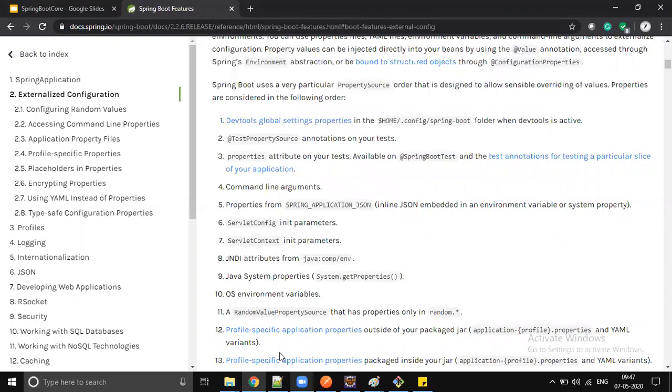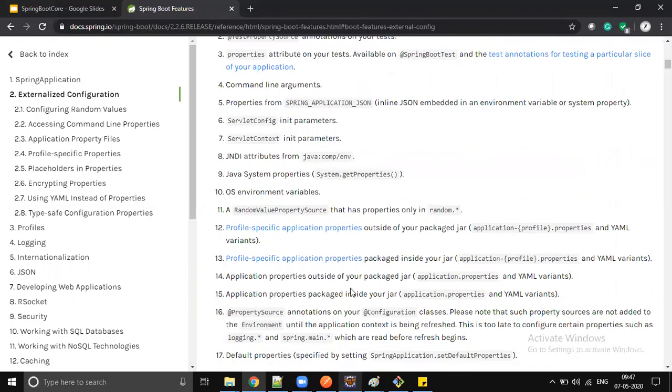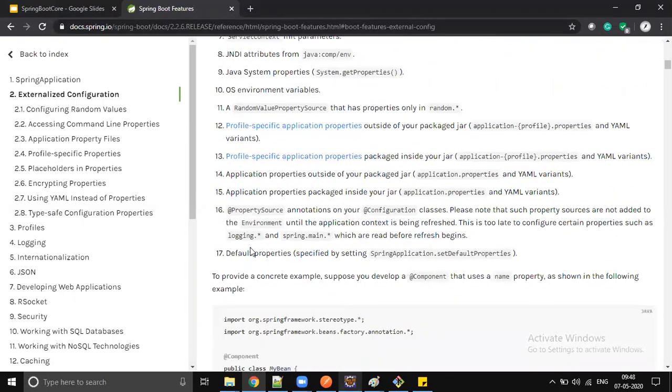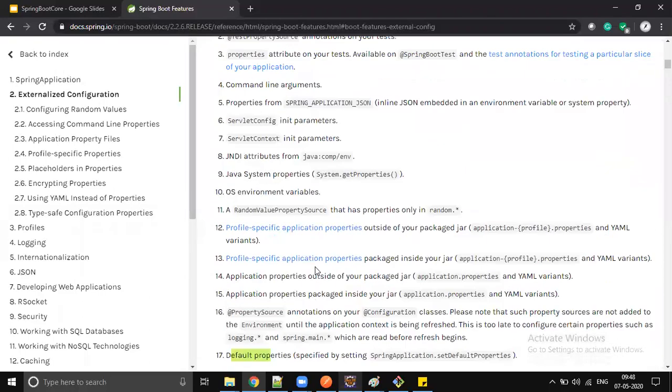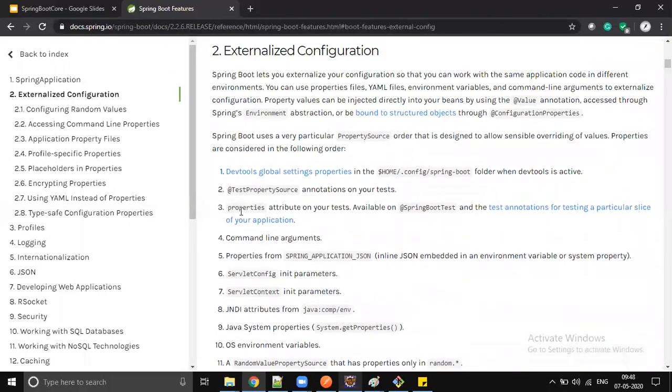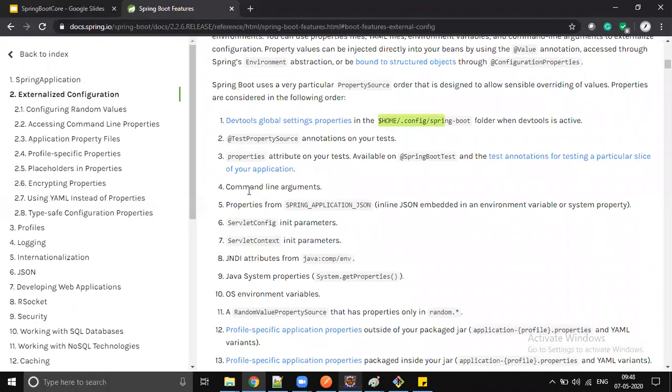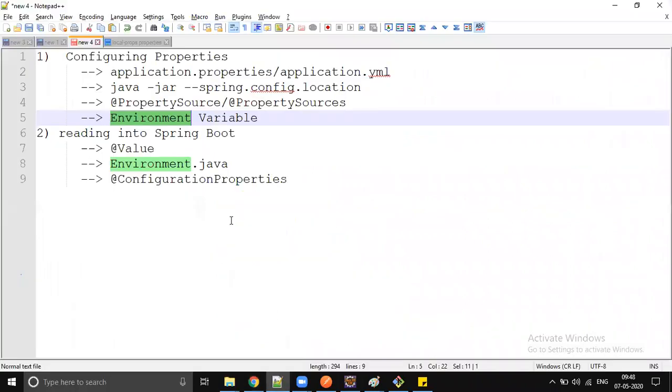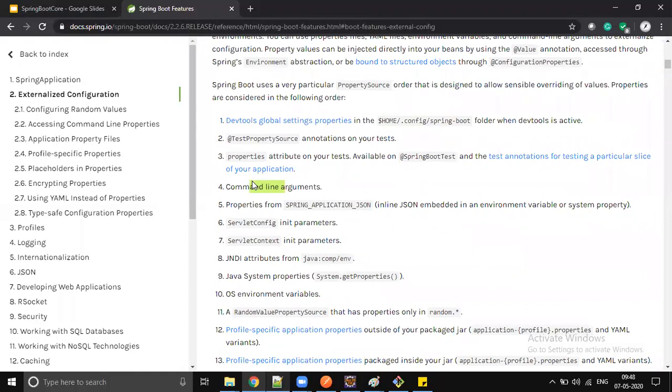Yeah. So while writing that Docker file, whoever is going to generate the Docker file, that person will give the information. So it can be set as an environment variable. There are totally 17 ways we can configure the properties. I am just covering which is very important. You can put it in a global way in one system, but we don't follow this. Some test property source, command line arguments, whatever we discussed, java -jar. That way you can configure. That is a command line.